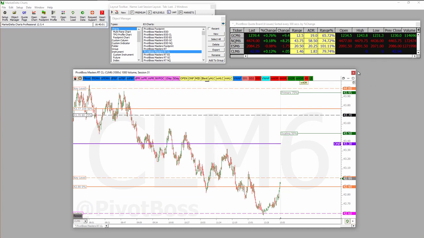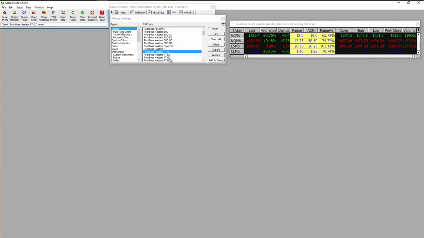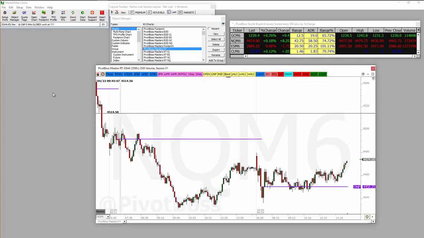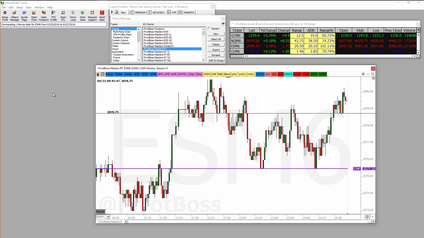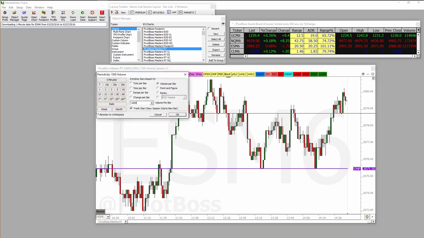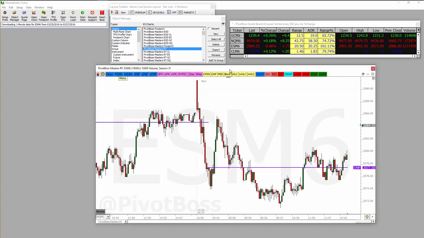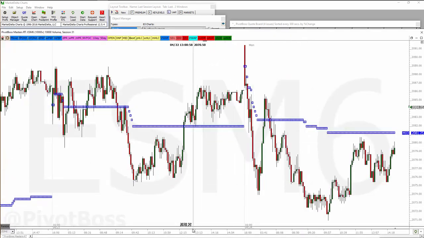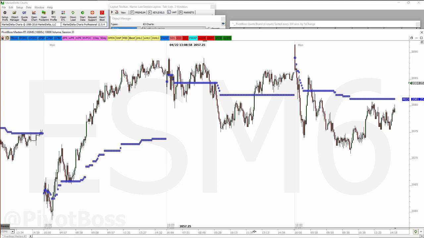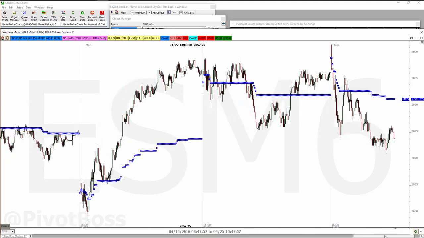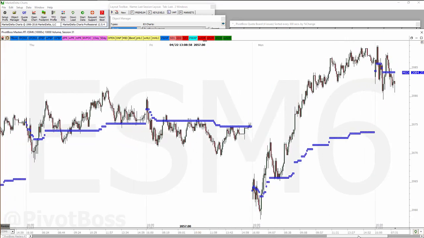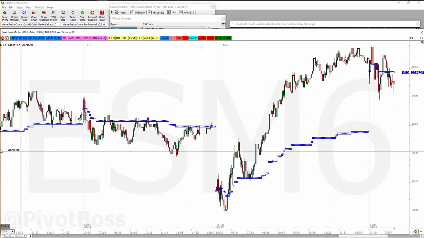I wanted to check out one last thing here. I know we didn't look at too much of the mid here, so let me just pop up a mid. So the midpoint, everything I said with regards to the overnight pivot, very much the same with the midpoint. I love the midpoint when it starts to get unidirectionally strong one way or another.